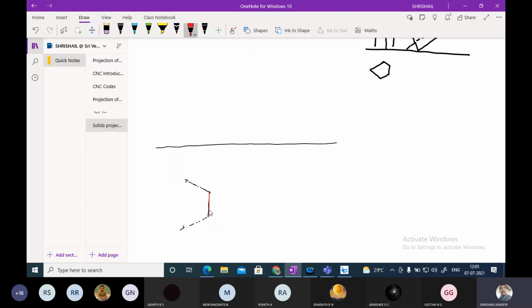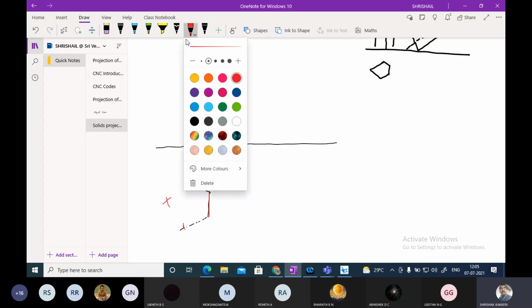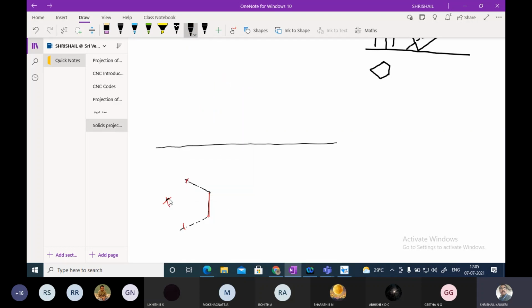Draw a vertical line. Then take 72 degree inclination and draw this line, and again 72 degree inclination, draw this line. Now take this as center, this as arc, you draw this arc here, and the same arc I am going to draw here also. And again by taking this as center, draw the arc. We'll get this pentagon. We got the pentagon. Okay. Now join this pentagon. It is a regular pentagon, and if you don't practice at home, again it will become a problem.